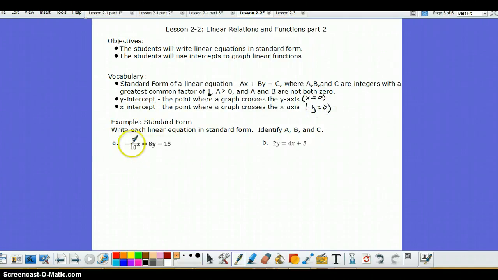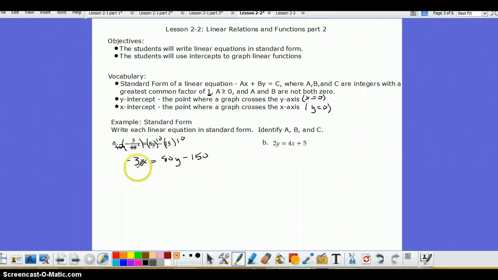Alright, so first thing we have to do in this one, multiply through by 10 to get rid of that 10 right there. So we're going to multiply everything in this case by 10. So that cancels there. Negative 3x is equal to 8 times 10 is 80y minus 15 times 10 is 150. Alright, now